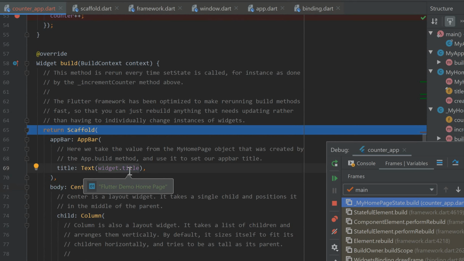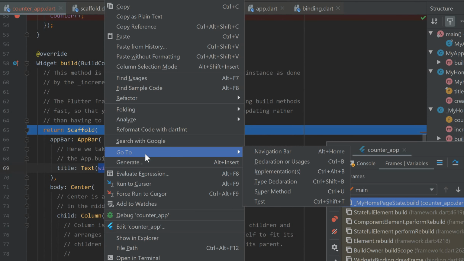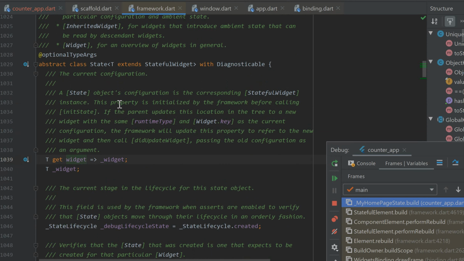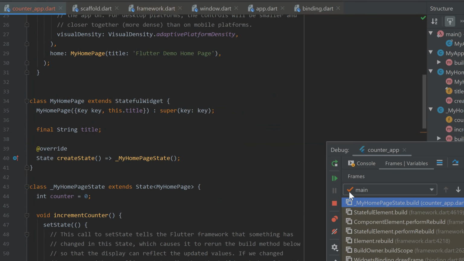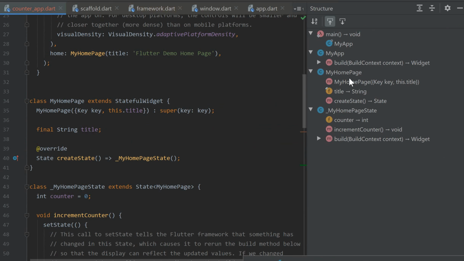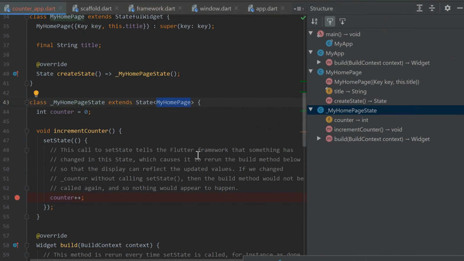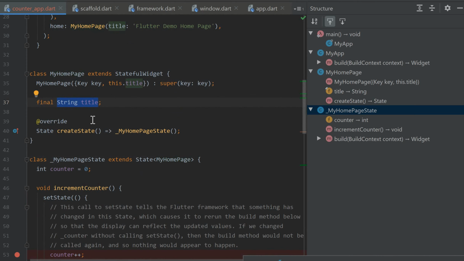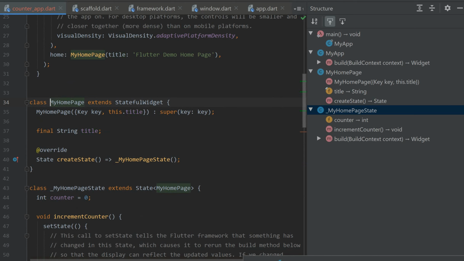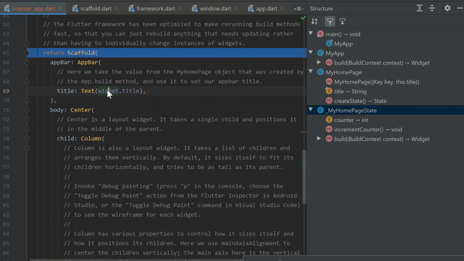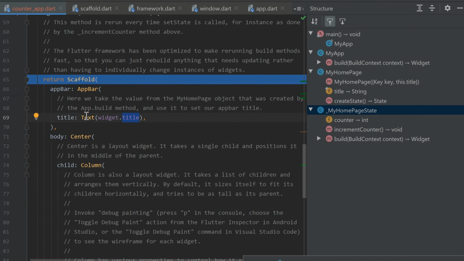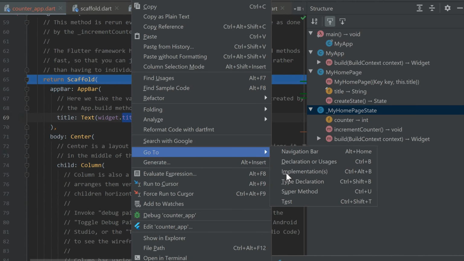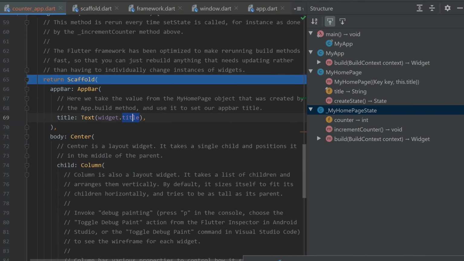Widget is there. It's a getter. We know that in the state object, in the abstract class state, it provides a particular type. We specify that type back up here. My home page. We know that the home page, my home page stateful widget, has a property, an instance variable of title. So when we go back here, this will work. Widget is a reference to the home page stateful widget. It has a property called title. We present that title, that string. We know it's of type string, to the